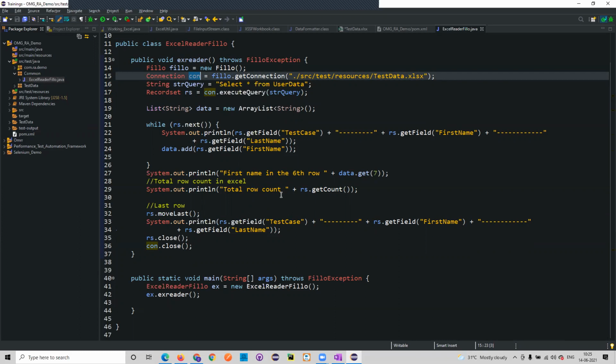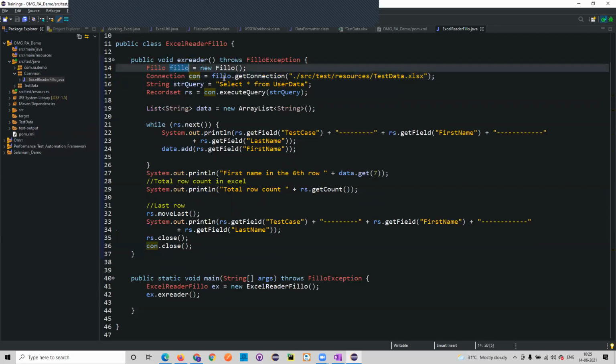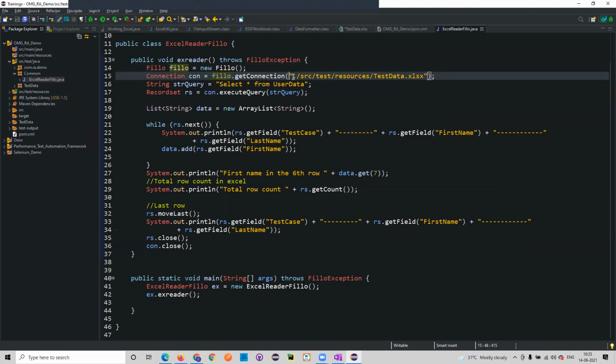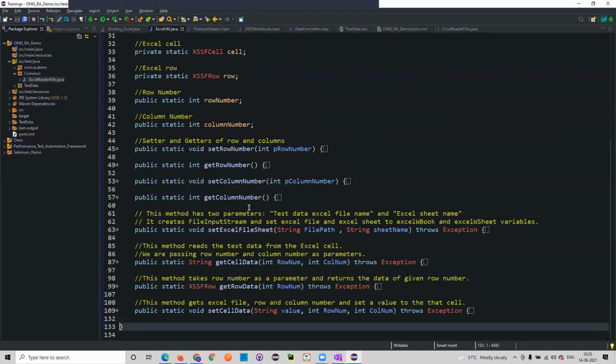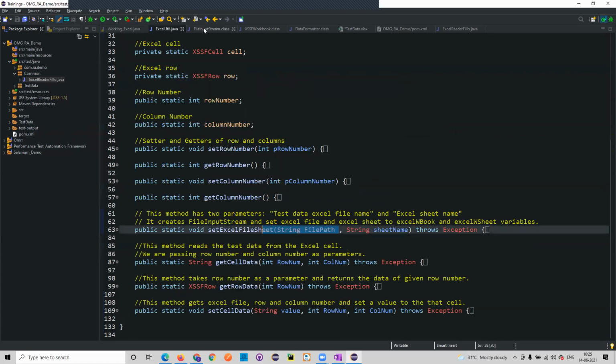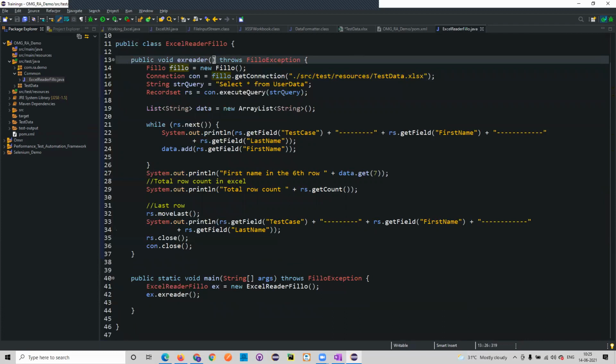Now when you want to connect to a particular DB, you establish a connection and then you destroy the connection. When we talk about JDBC, we will talk about that. Now here you need to see that I want to get a connection. For the Fillo object which we created, we have the get connection method, which takes the source file. You can pass the parameter as I passed previously, so here we are able to get a different file path. Similarly, you can pass a parameter to this method, whichever Excel book you want to read.